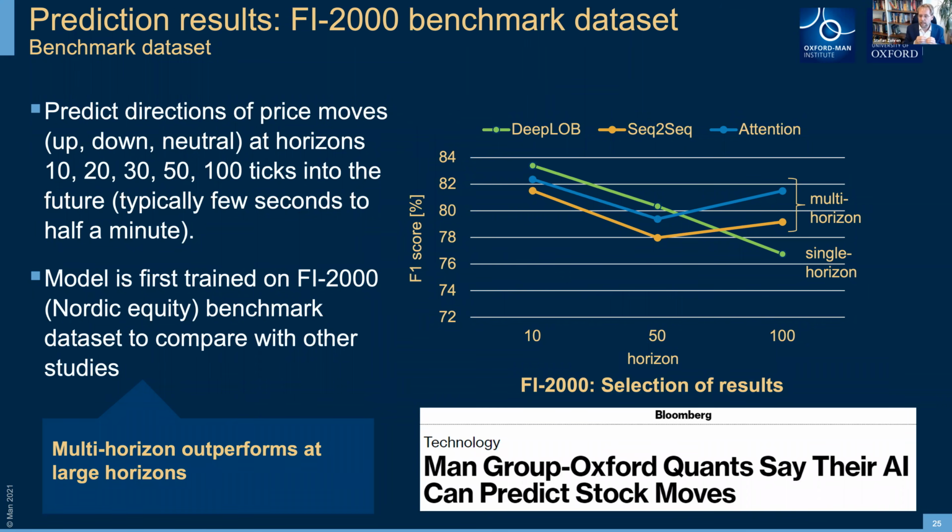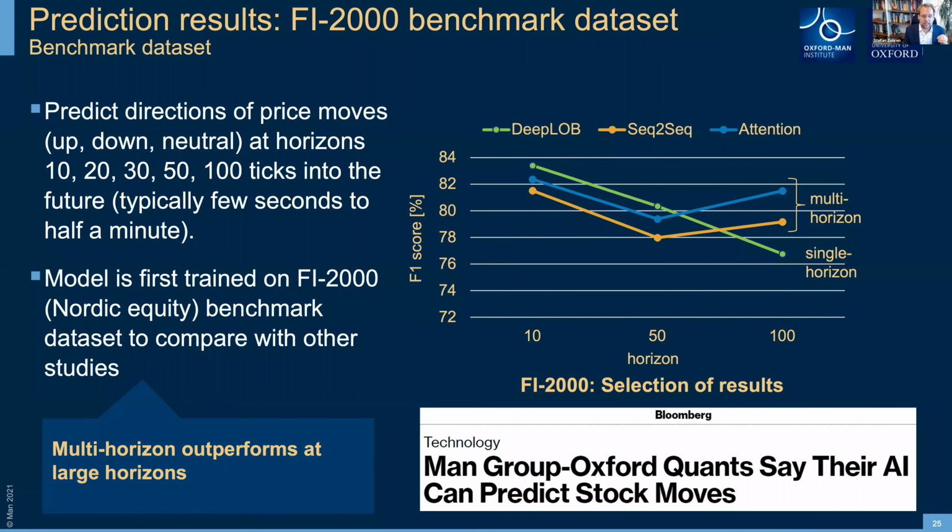And in terms of results, we look at two data sets. The first data set is the FI 2000 benchmark data set. This is a data set which mainly originated from the academic community, and as academics wanting to compare to existing literature, we really have to utilize this data set to be able to compare how much better our model does in comparison to others.